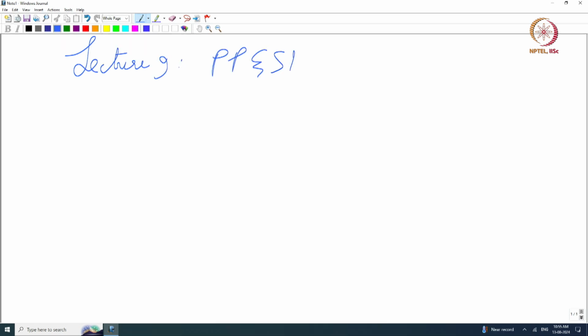Alright, so welcome back to particle physics and the standard model. This is lecture 9, and last time around we saw how CP violation was actually measured in the weak interactions,